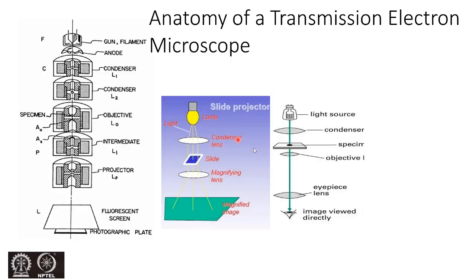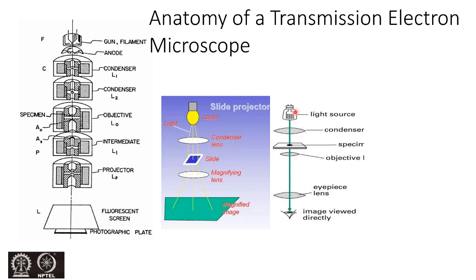Yeah. So this is a schematic of a normal slide projector. What happens? We have a lamp over here, and the light falls from the lamp to the condenser lens, and from the condenser to the slide. Then after the slide we again have a magnification lens, with the help of which we get a bigger, magnified image. So a similar thing is happening here also,